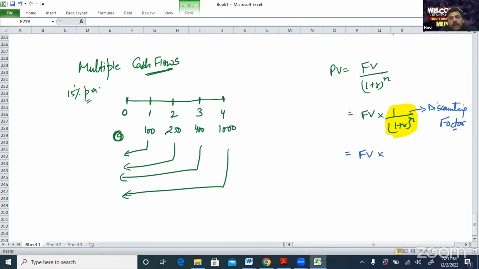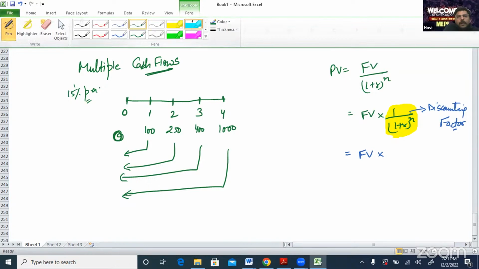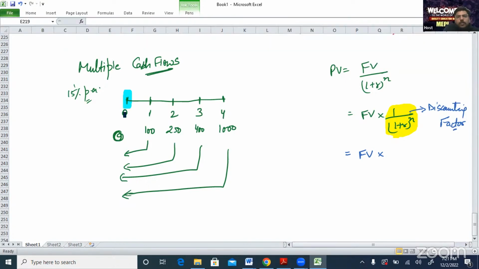So that is telling me the cash flow at time period 0. So what is my cash flow at time period 0? You can see here, there is no cash flow at time period 0. Here I have to calculate the value at time period 0, but there is no cash flow at time period 0. So I will keep it 0. So I will press enter, it means 0 will be there, and then press the down arrow key.